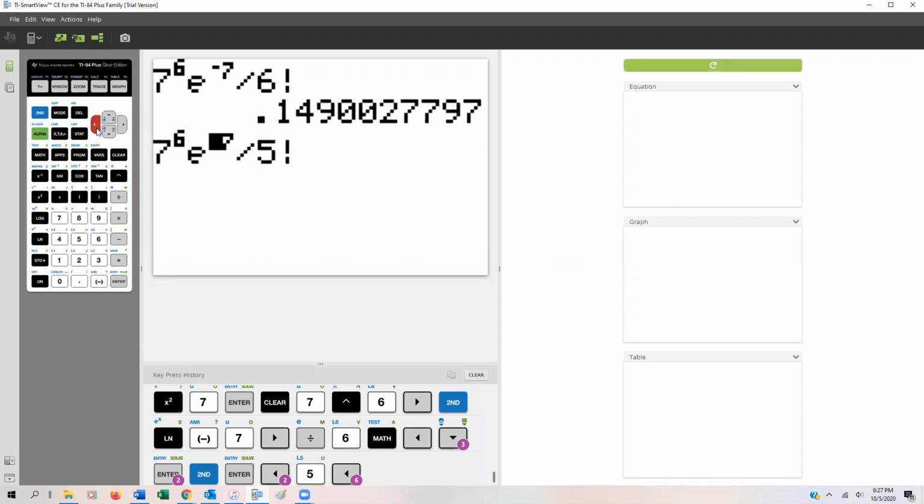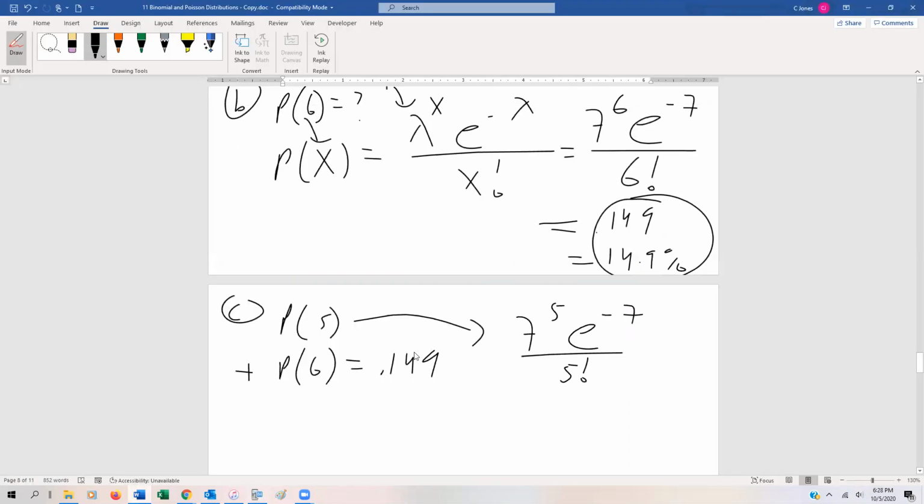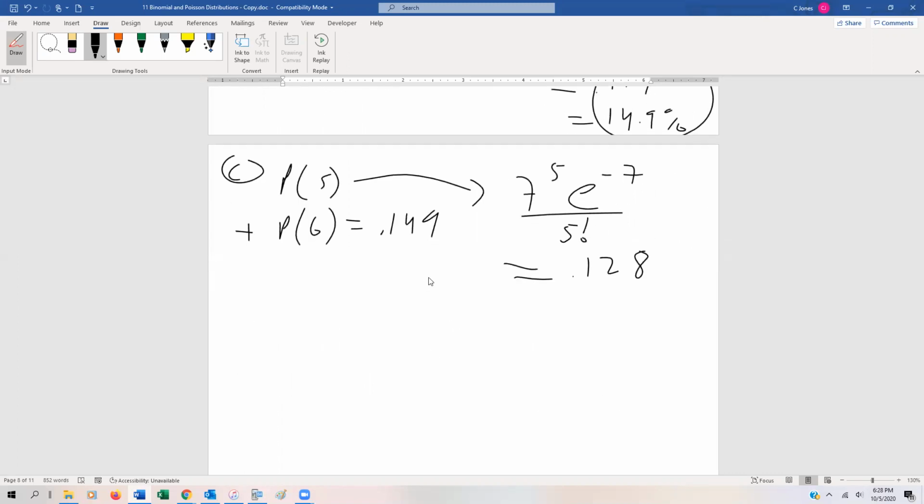And we do have to add it together. That's not a big deal. All right, so we switch that to a 5, and it's going to be 0.128. Right, and then finally, we should say P of 5 plus P of 6, which is 0.149 plus 0.128, and that's going to be